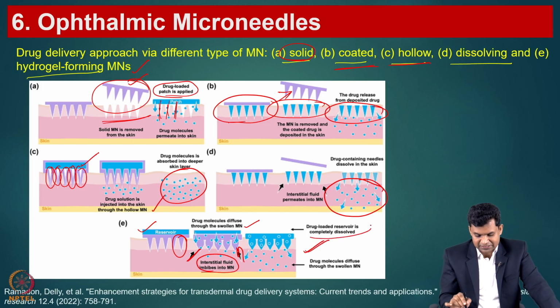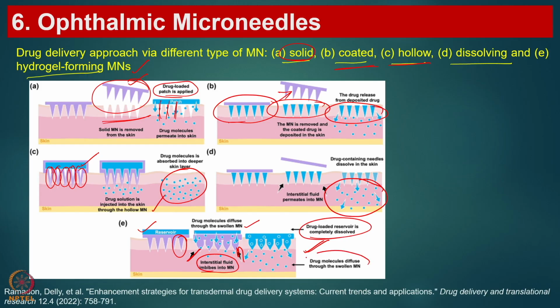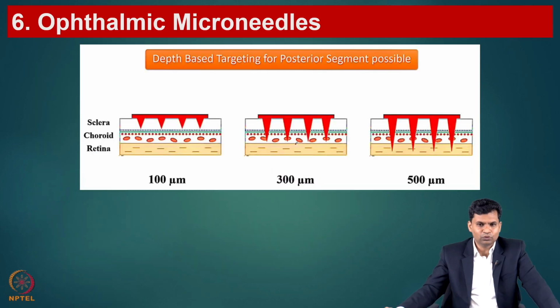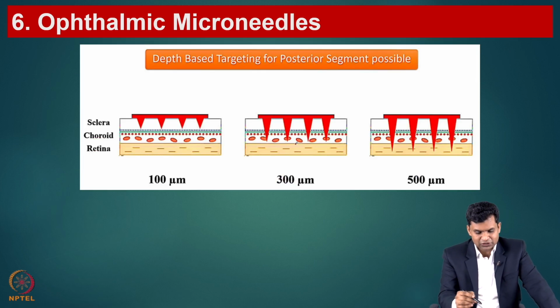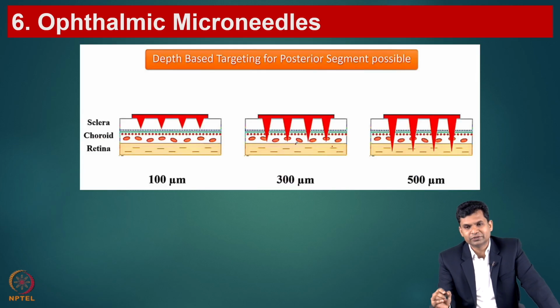So, it will work as a reservoir and the drug will release or diffuse slowly into the targeted site. So, these are the total 5 different types of microneedles. Now, in the eye, if you want to target different sites, the length of the needle needs to be